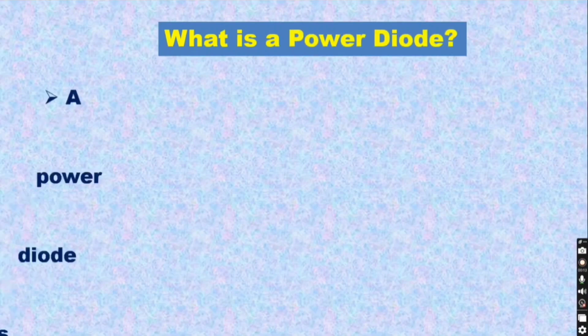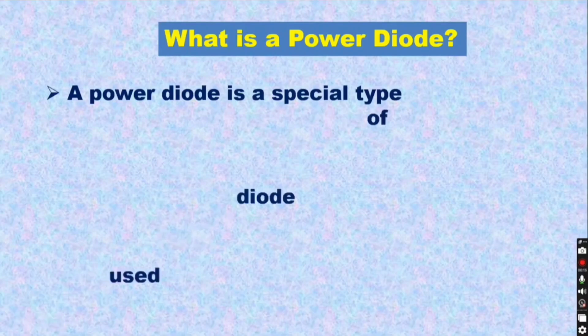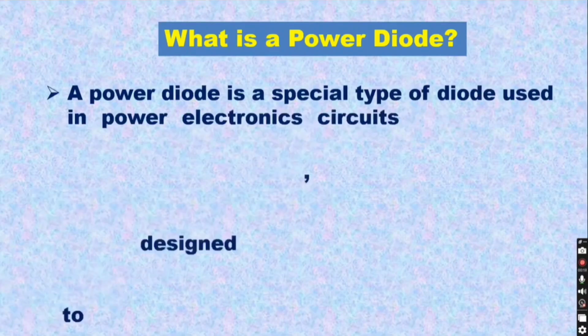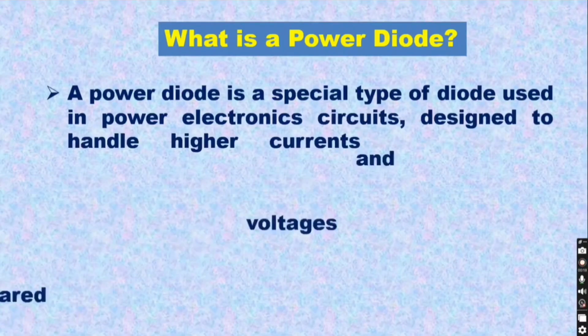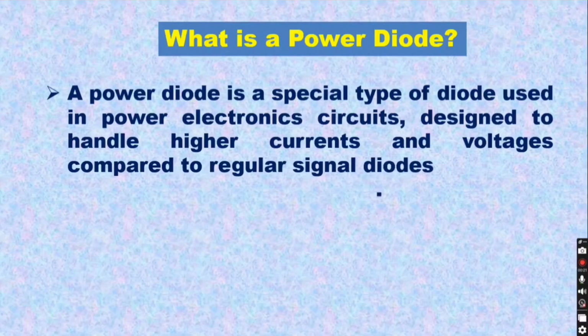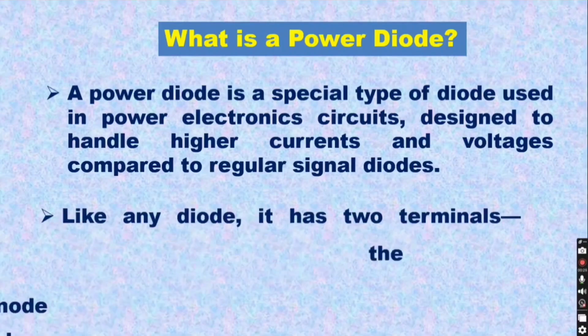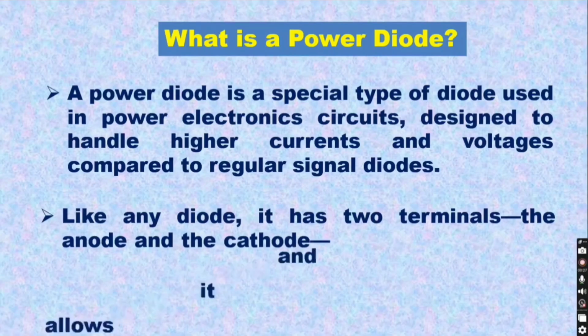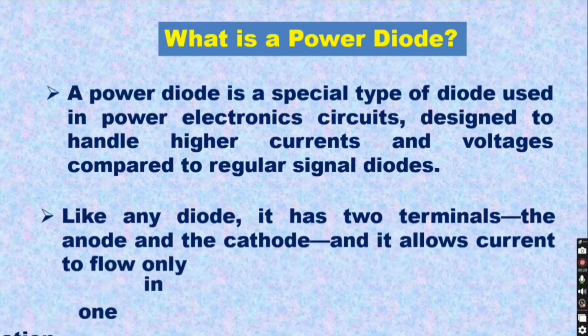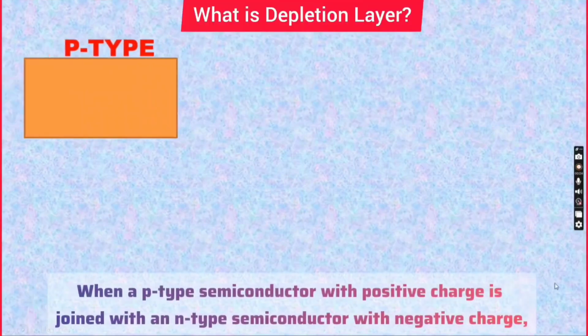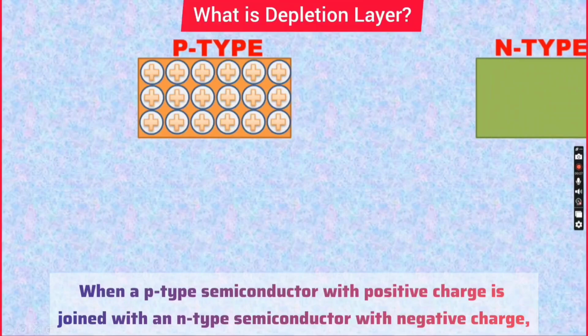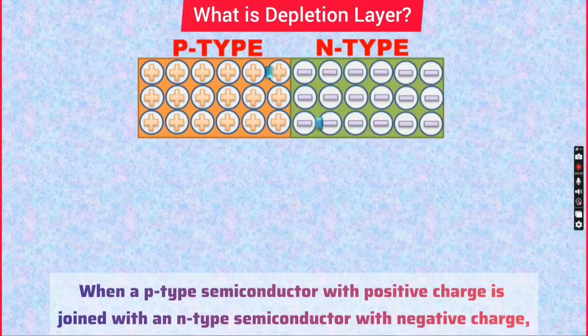What is a power diode? A power diode is a special type of diode used in power electronic circuits, designed to handle higher currents and voltages compared to regular signal diodes. Like any diode, it has two terminals, the anode and the cathode, and it allows current to flow only in one direction. When a p-type semiconductor with positive charge is joined with an n-type semiconductor with negative charge, a p-n